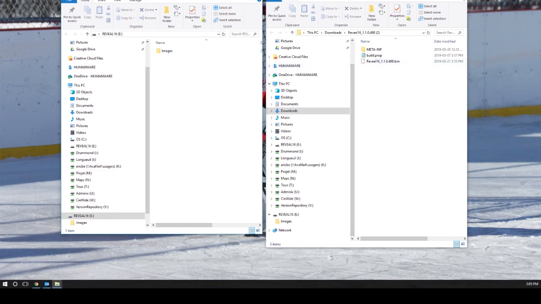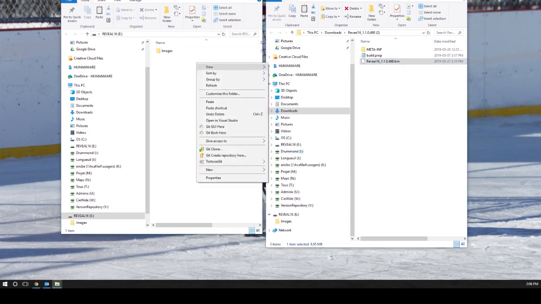You will need to download the update file, which can be found on the HumanWare website under the Support tab, and then Reveal16. There will be a software update file called Reveal16 underscore the version name, which in this case is 1.1.0, and then the build number, which in this case should be 498.brn. This file, you can copy onto the root of the Reveal16,